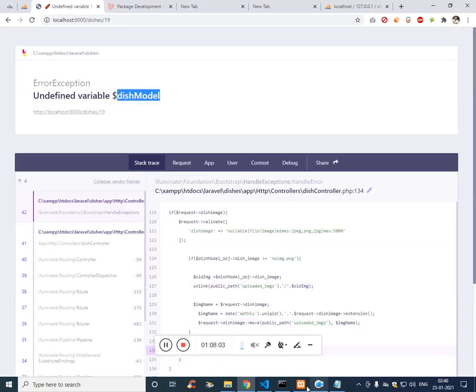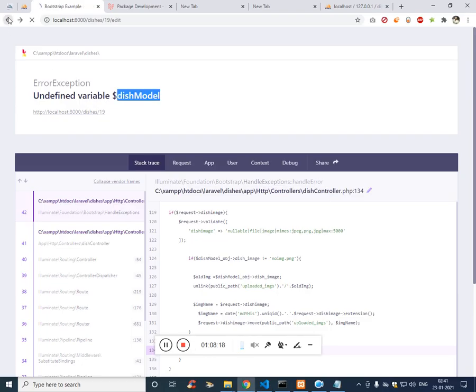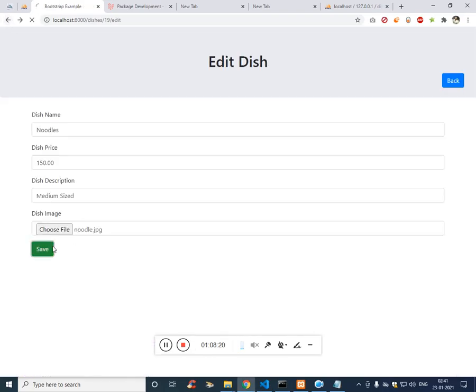Where is it? Actually it is this one. Click on save.